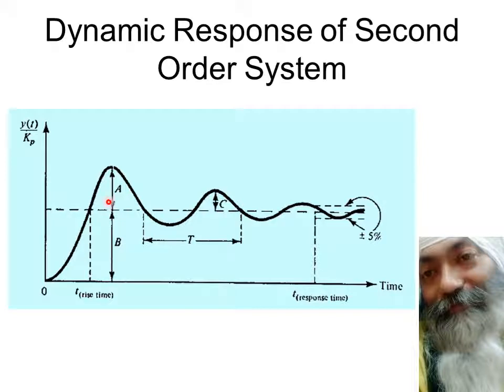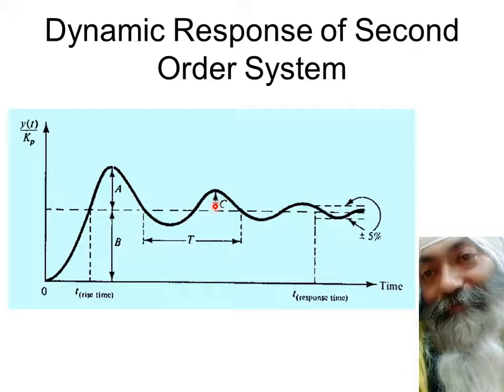And as we see, this was amplitude A for the first time. For the second time, the amplitude is C. So C upon A is called the decay ratio. 1 is to 3, 1 is to 4, 1 is to 5, and so on and so forth. The ideal, as we said in once upon a time it was discussed, the ideal is quarter decay.